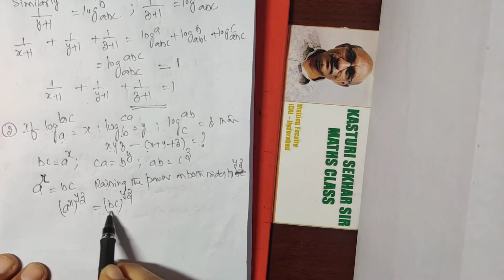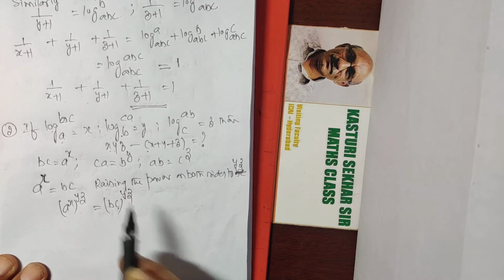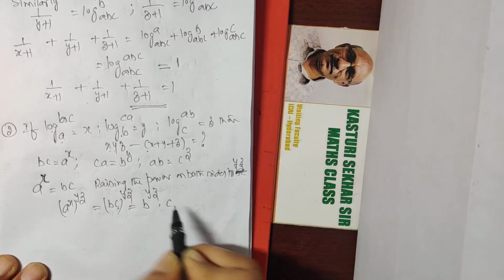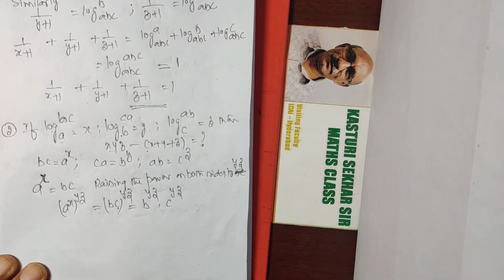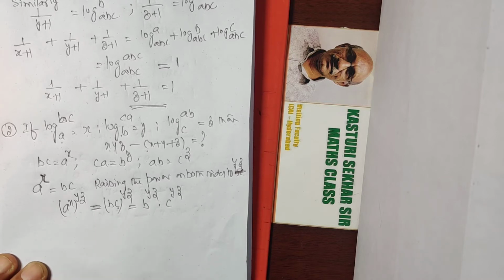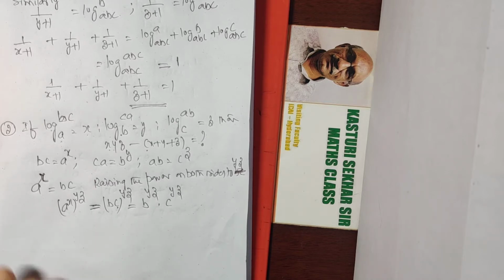Now on the right hand side, B and C are multiplying with each other, and these two are having yz as power. So this can be written as B to the power yz and C to the power yz. Now look at this, one more point to notice here. There is an is equal to sign between the terms. Whenever there is an is equal to sign, either bases must be same or powers must be same. When bases are equal, we can equate the powers.